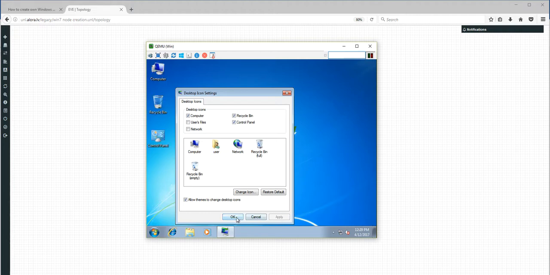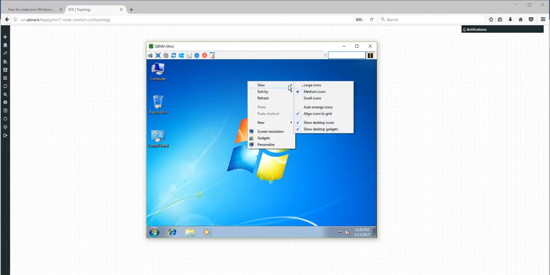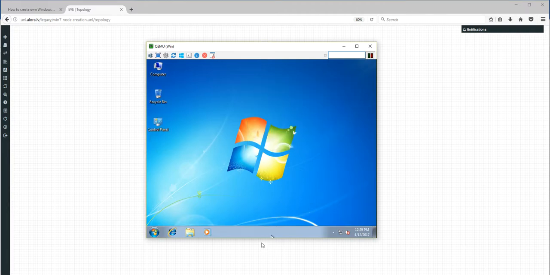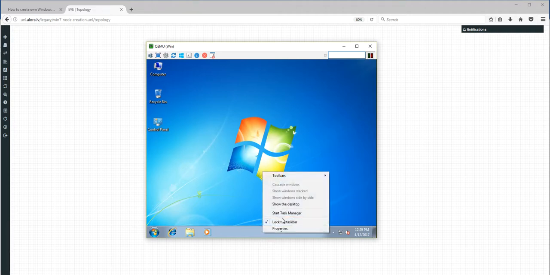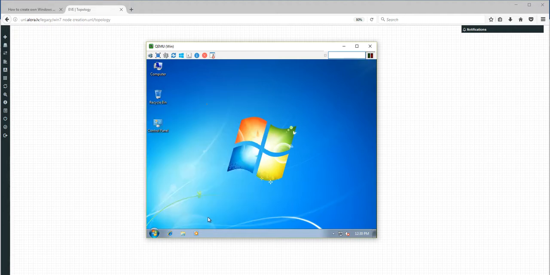Everything you do now will be saved as your default Windows template. It's small icons, for example, properties, toolbars. I can't remember. It's actually use small icons. Okay, good.